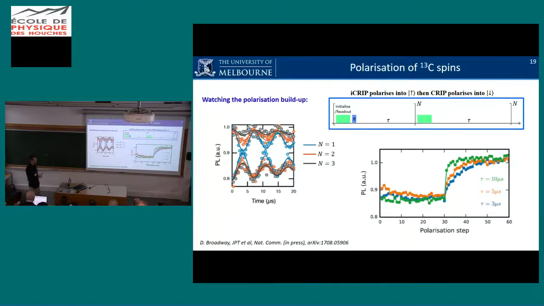Yeah, that's right. So you have a damped oscillation, but we are in a strong regime where we still see some oscillations. And here, you pick a tau and you vary n. So you have 30 cycles of I creep and 30 cycles of creep, and you see a rapid saturation of